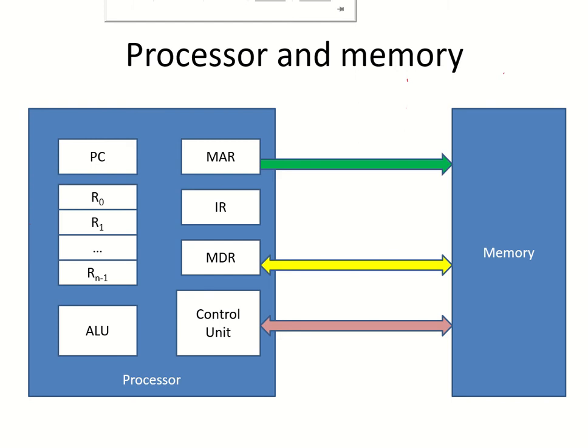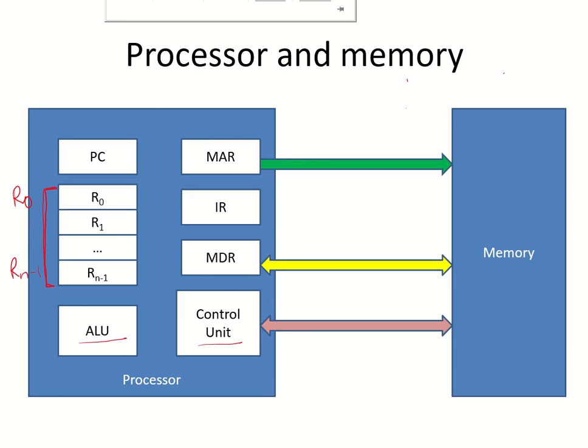So these are the basic components which are inside a processor. As you can see, we have the register file. There are a number of registers available over here. These registers are high-speed elements which provide the local storage within the processor. And you can see that there are n registers over here which have been named from R0 to Rn-1. There is an arithmetic and logic unit where all the arithmetic and logic operations will take place. And there is the control unit which is managing all the operations in this system.